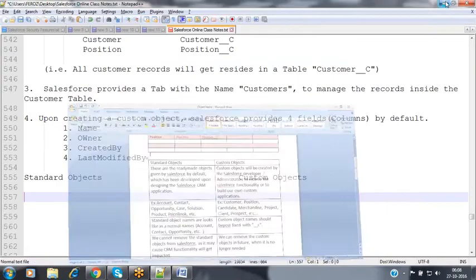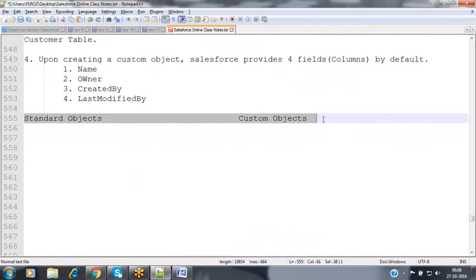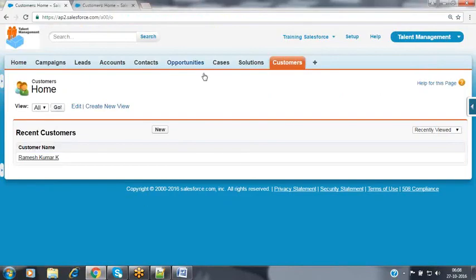Now, let's see. When coming to objects, we have discussed how to create an object and how we can create the records inside those objects, nothing but the tables. So now let's come to one more feature. Suppose, for example, I'm creating a custom object where I have forgotten to select that last checkbox, launch a new custom tab wizard after creating a custom object. Then what will happen? Will it create my table or not? If it creates a table, then what is the name? If it is creating the table, then what columns will it provide to me? And then what features will not be available if I'm not selecting the checkbox?